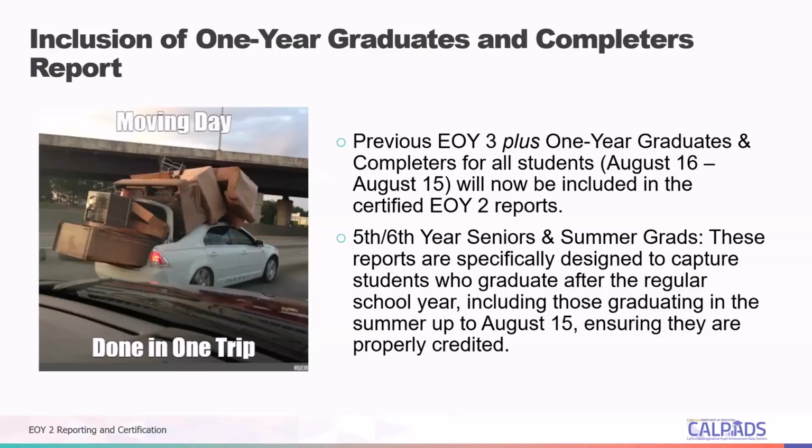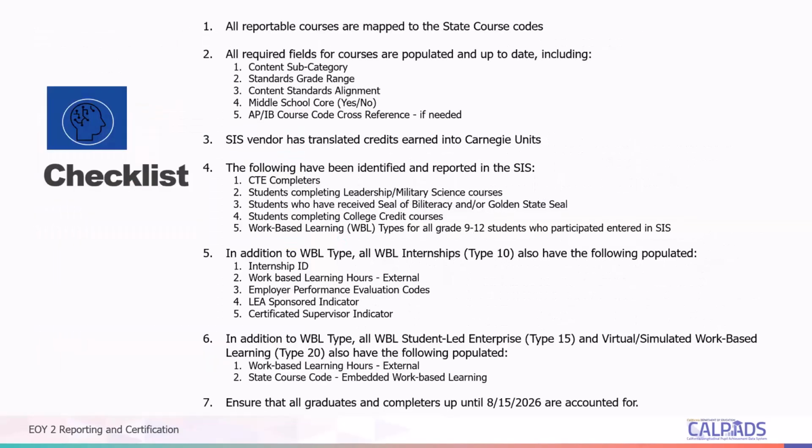So remember that your graduate data comes from the student enrollment file. When you complete your exits, you're going to identify those completers, that's the E230 exit, and your graduates. That's either state course code 100, or for students with disabilities, it can also be the alternative pathway of state course code 102. Those are the students that you will see as graduates. The rest of your completers will depend on your completion status, but all the students on this report will have an E230 exit reason. No additional data needs to be submitted. Only the students exited at the end of year. When you have completed your exits, your report will comprise a list of graduates.